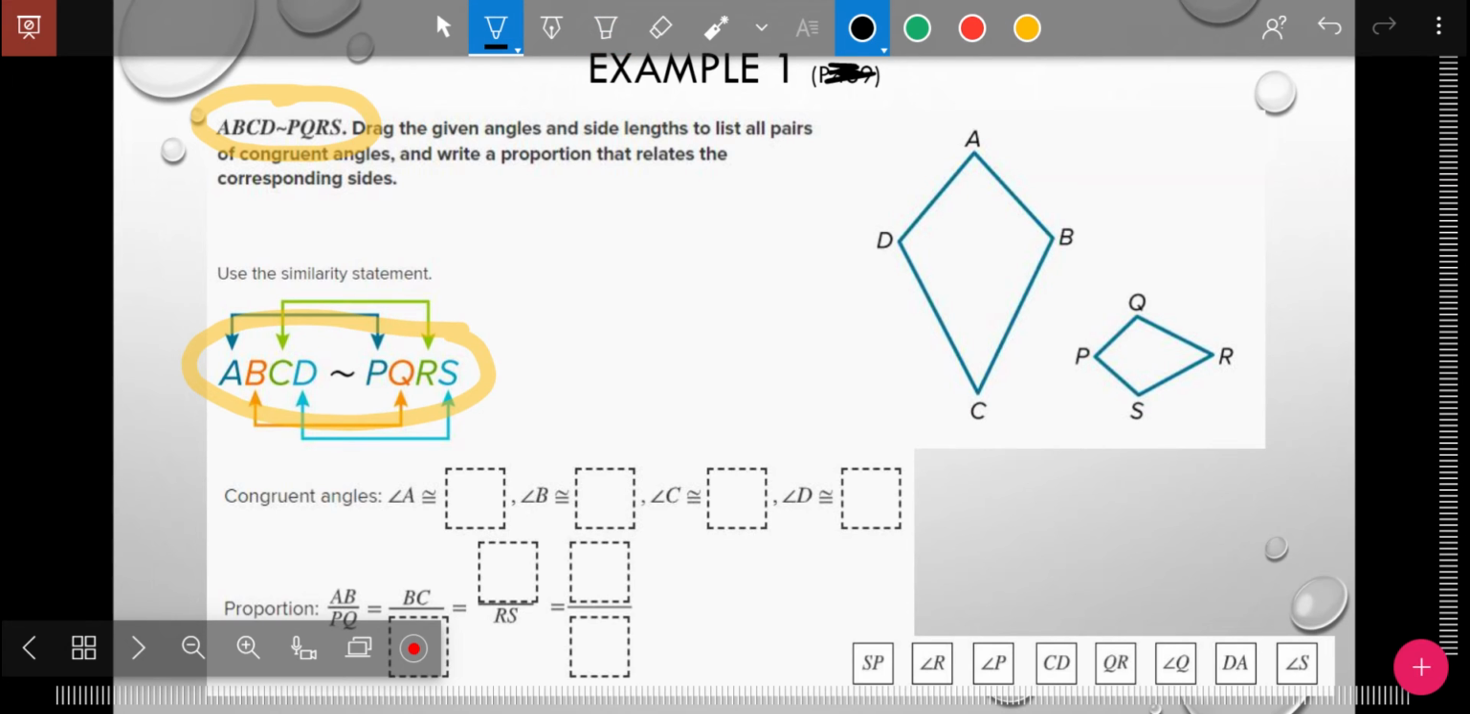So angle A is the same as angle P. Angle B is the same as angle Q. Angle C is the same as angle R. Angle D is the same as angle S. And then the